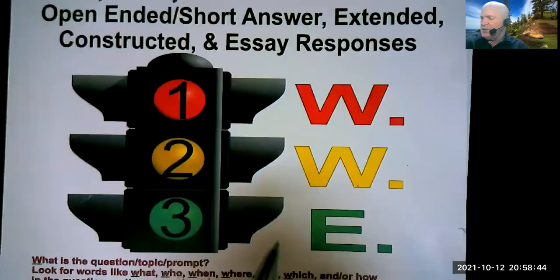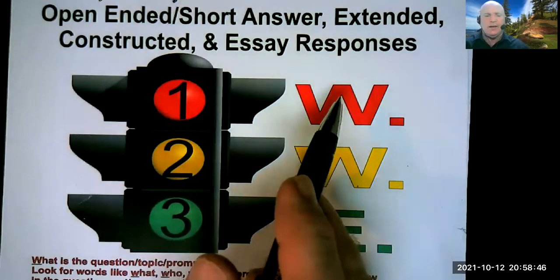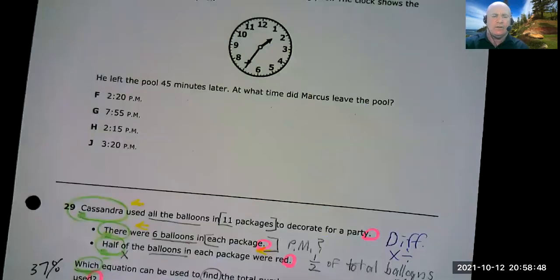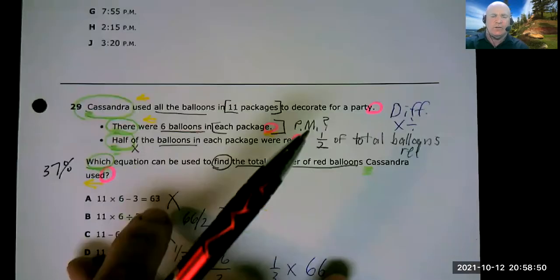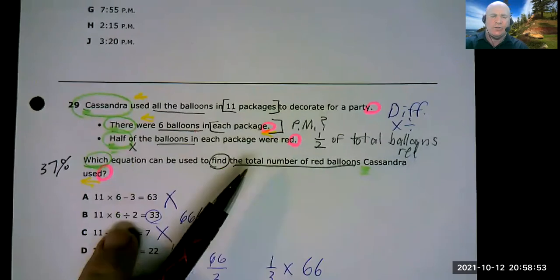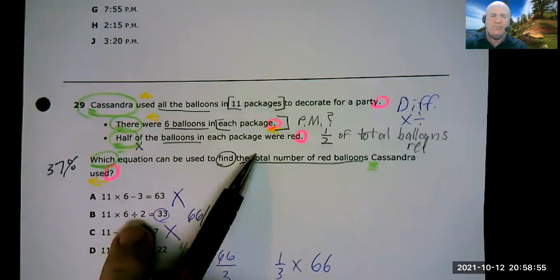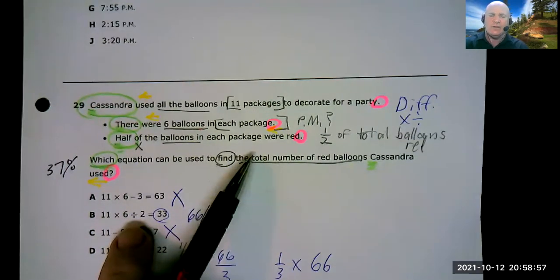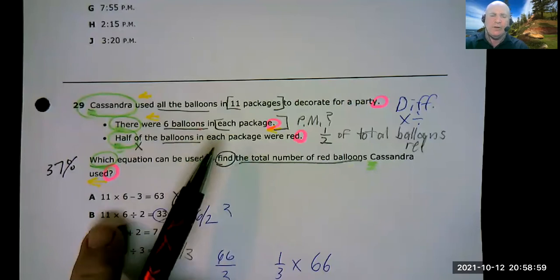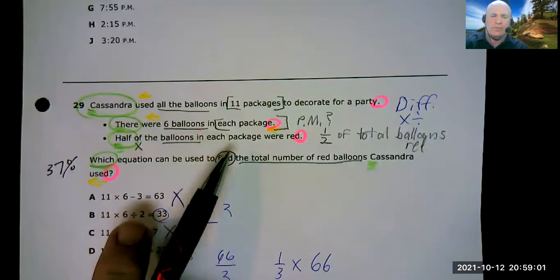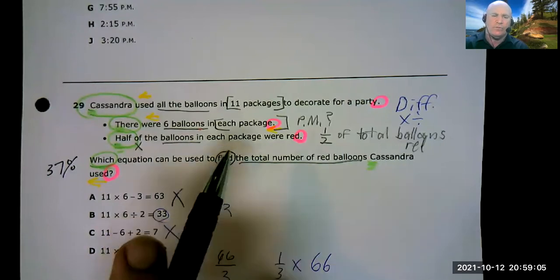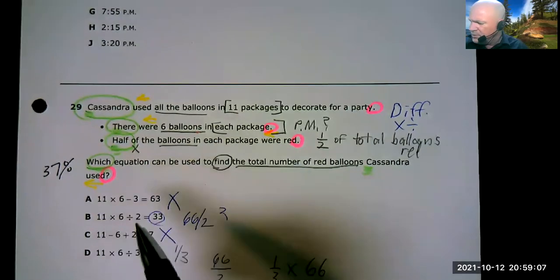What is the equation that we're going to need? It's going to be 11 times 6 divided by 2, or it could have been 11 times 6 times 1/2, which would have been the same thing, dividing your total by 2. So the answer, we've read